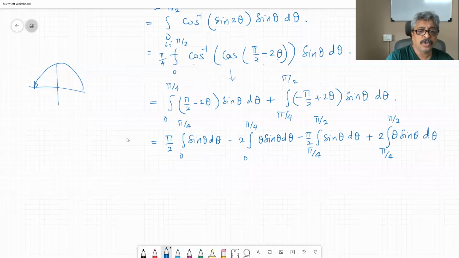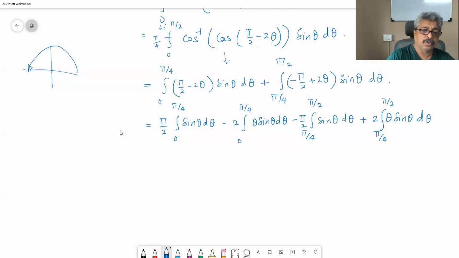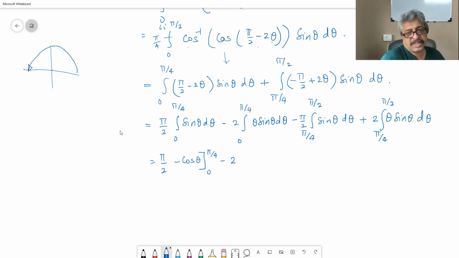Right? Okay. So the first is pi by 2. Integral of sin theta is minus cos theta, to be evaluated between 0 to pi by 4, minus 2 theta sin theta. Theta sin theta is integration by parts, therefore theta sin theta comes out to be minus theta cos theta